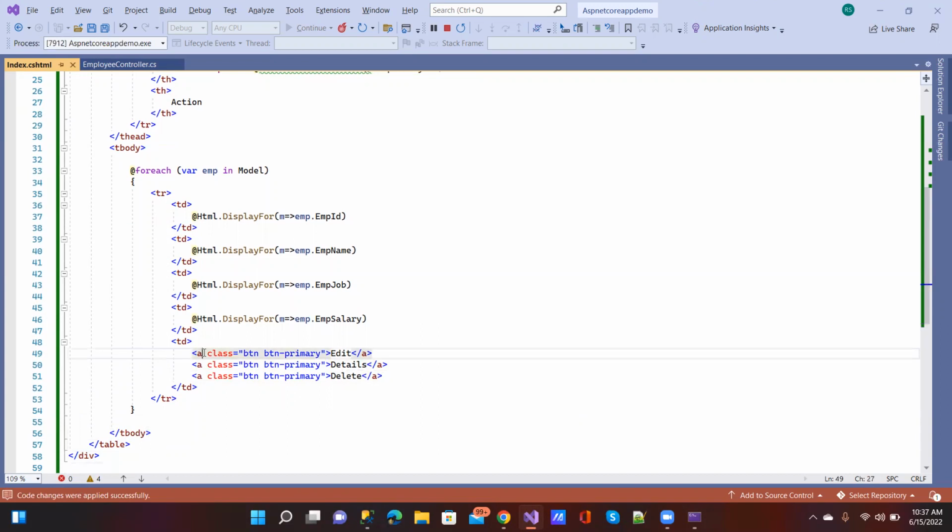So when we click on the edit button, it should go to some action method to perform the edit operation. For that we can specify asp-action. Which action do you want to go to? Just give any name, like this edit operation. So I'll give the edit name. Okay, what is the controller name? So just write asp-controller, employee controller. We're already in the employee controller, so no need to write the controller name here, but